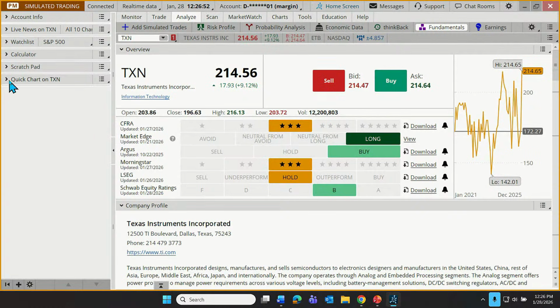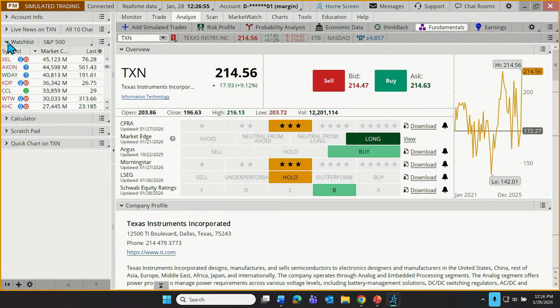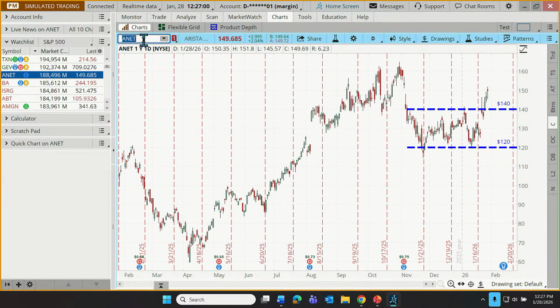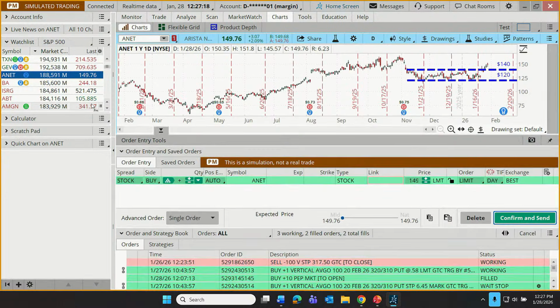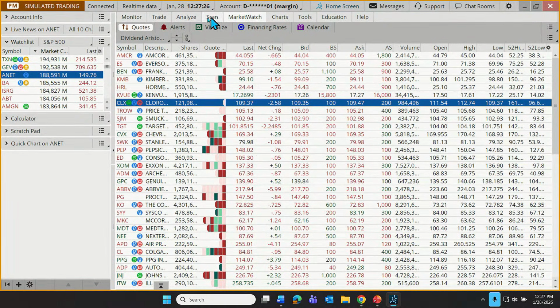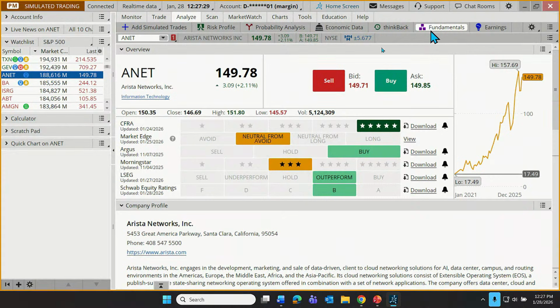So to illustrate that, let's look at a watch list. Let's look at maybe a different stock. So what if we're looking at our charts and we've been examining Arista Networks? So here's ANET. Well, we can trade from this. First of all, we can just click on a displayed price. You'll notice here, the current quote, 149.76. If I click on that, and maybe I've moved off to somewhere on the platform. Let's go back to that. Let's see, where were we? Yeah, we were on the analyze page, on the fundamentals.